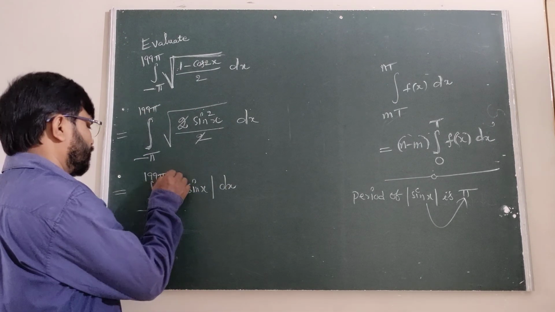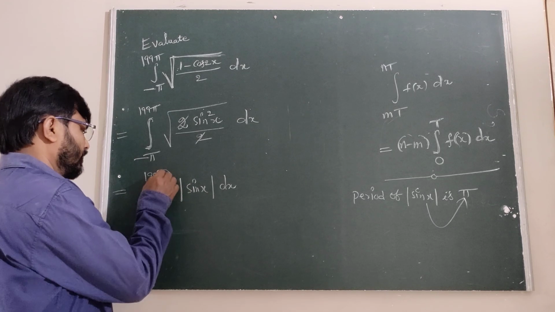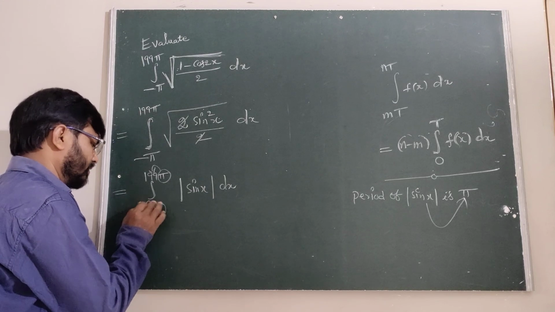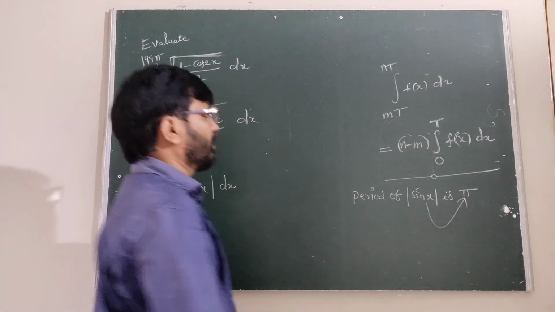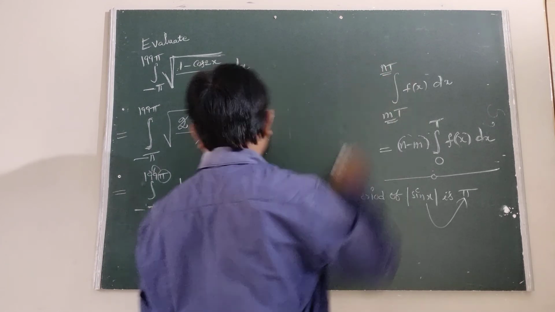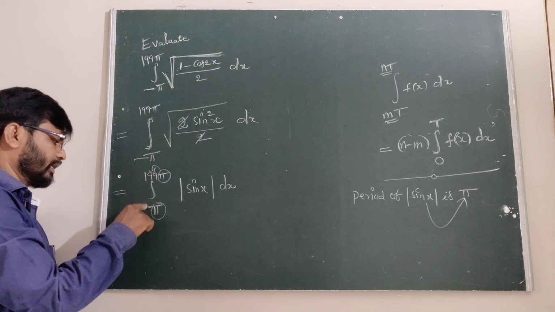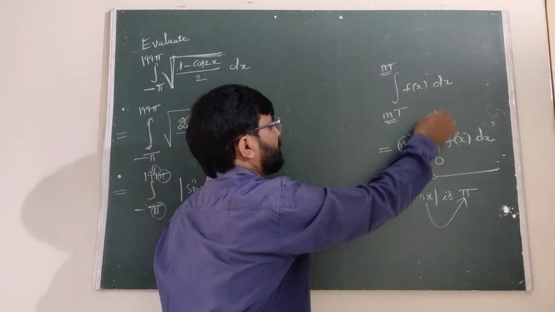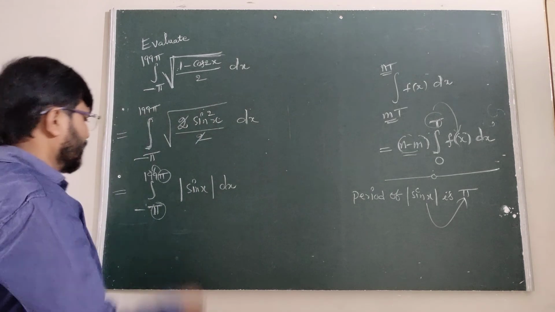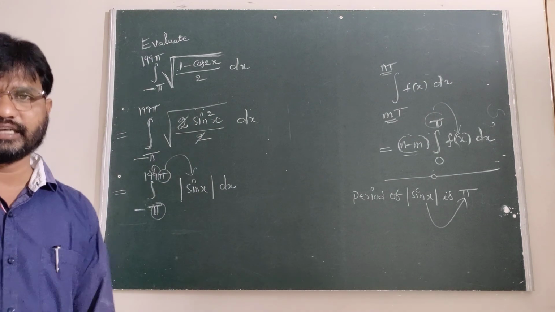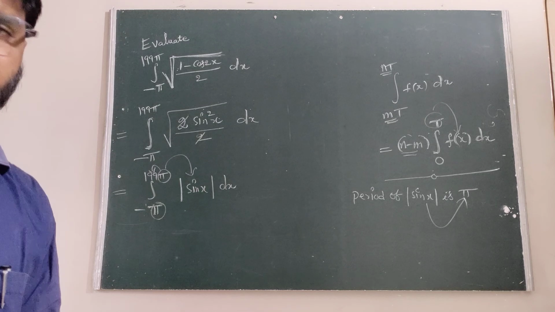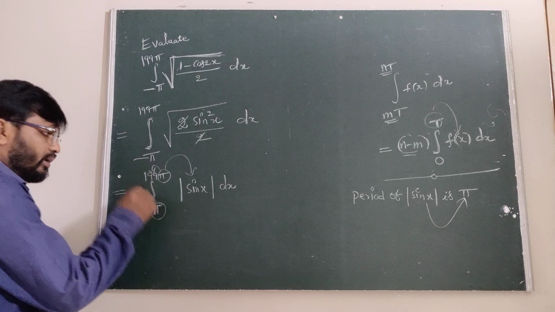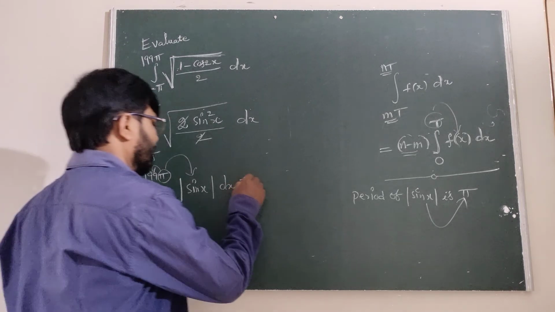Therefore, when it has the period pi, here we are taking n as this one and m as minus 1. We have to compare with mT and nT, where n is 199 and m is minus 1. The form is n minus m, times T, where T is the period of the function f of x, and pi is the period of the mod of sin x. That's why we can write it as n minus m.